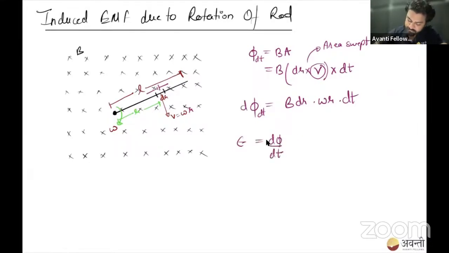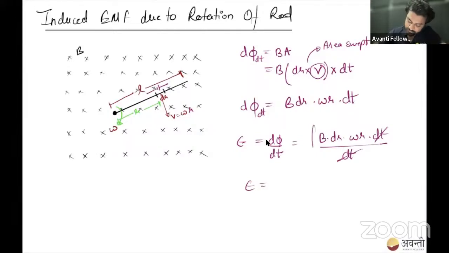This is change in flux. So we'll put the value here. dφ is B dot dr dot ωr dot dt, divided by dt. The dt cancels out. So from here, EMF is equal to,